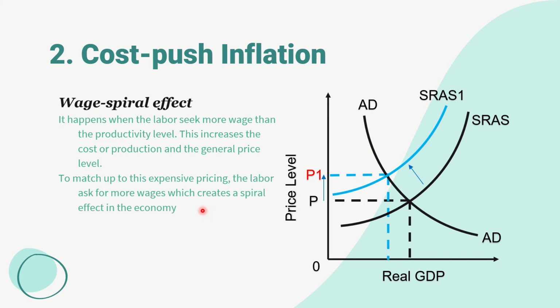More wages causes the cost of production to increase. Cost of production increases the prices in the market. Now, due to the increase in prices, the labor cannot buy the product at that price, so they will ask for more wages from their company. So this will again lead to laborers asking for more wages, and then more wages causing cost of production to increase. That's a spiral. This keeps going on and on and on. Okay, so that's a wage spiral effect.